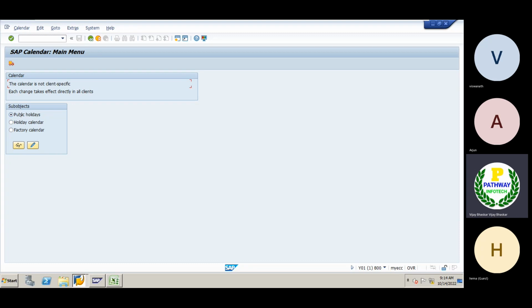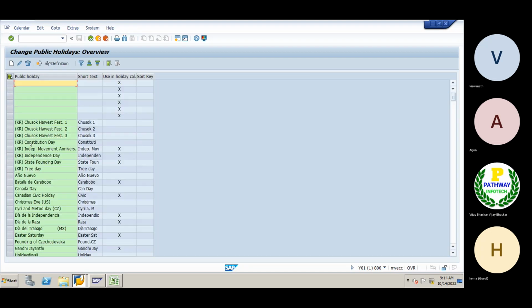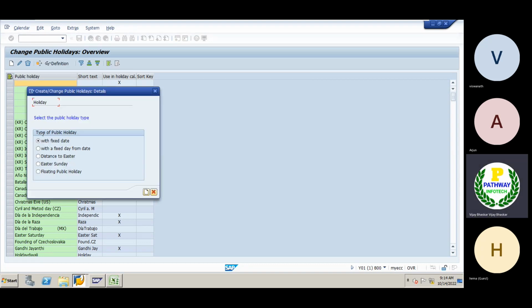Now here is a public calendar. Then change option. Select the create button. What I want to create is one with a fixed date, meaning there are some festivals